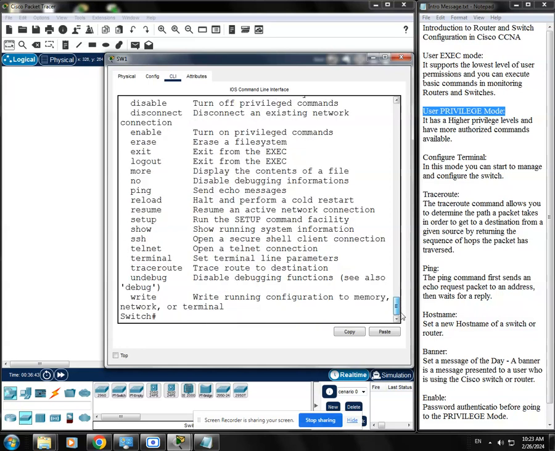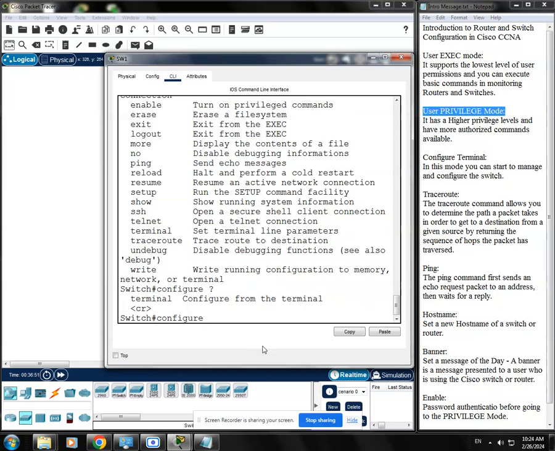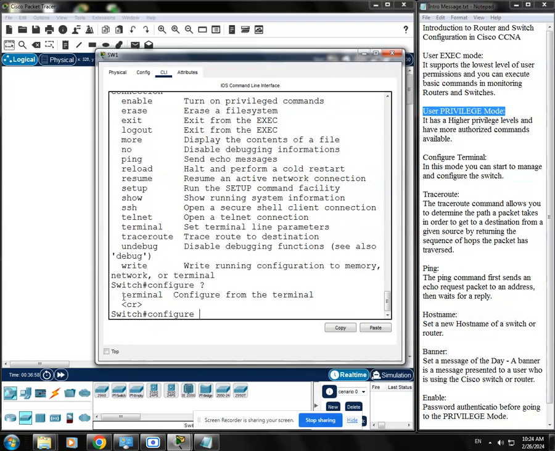I'm gonna type configure, and then space, and then question mark to see what is the next command that I need to input. I need to input just this command because terminal is the only command that is showing inside the configure. So I'm gonna type terminal